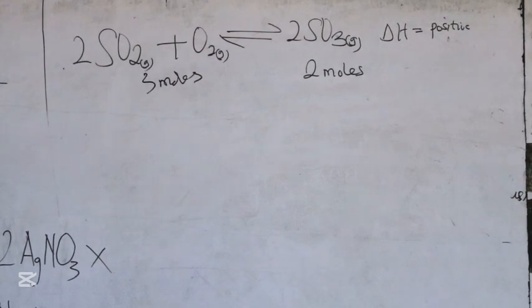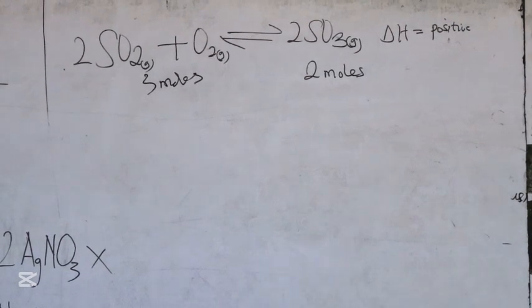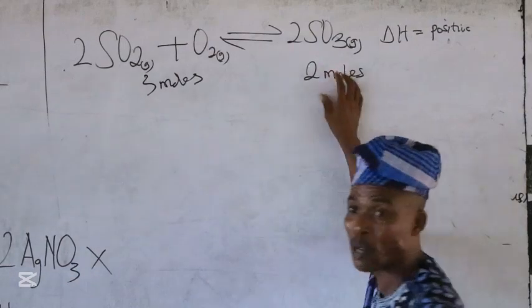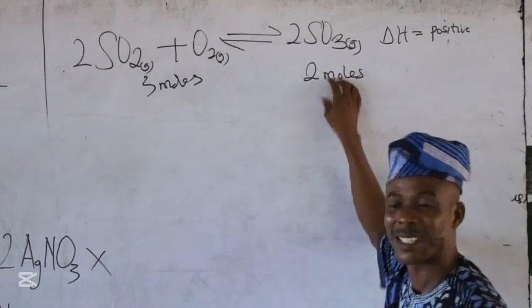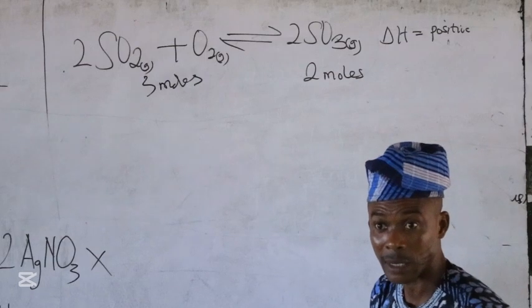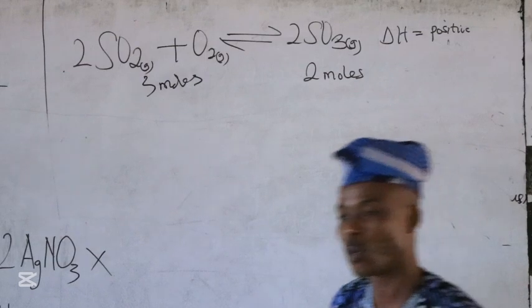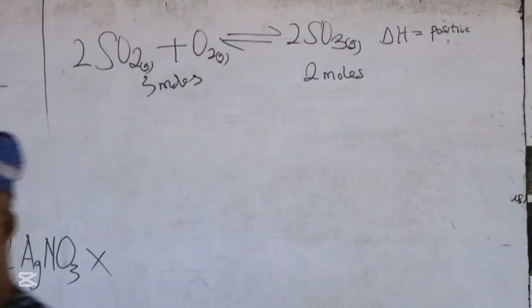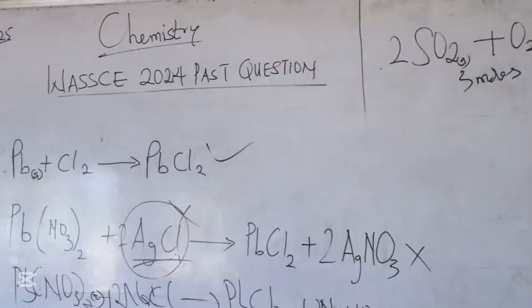To the product. There is a lesser number of moles here. Which side will favor this? Increase in pressure. That's it. You understand? So, number 1, increase in temperature. Number 2, increase in